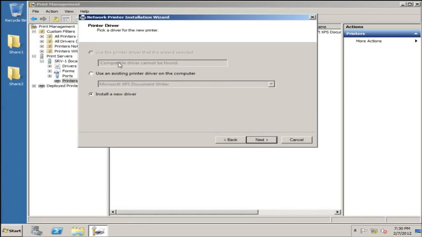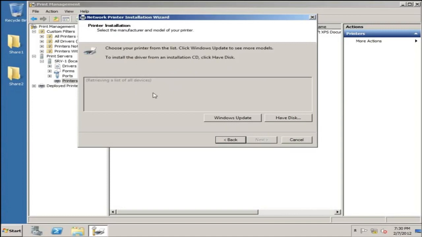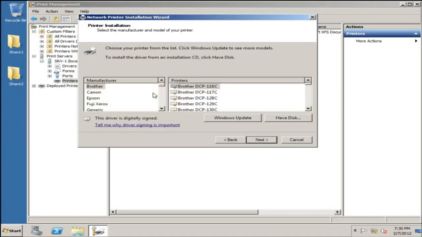Now you can see here I've got a couple different options. I'm going to install a new driver. I'm going to leave that. Now a list is going to pop up of all the printers that are available for me. So I'm just going to look for a printer. I like the HP LaserJet 4100s, and that'll give